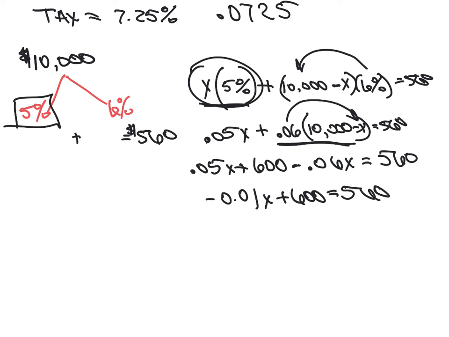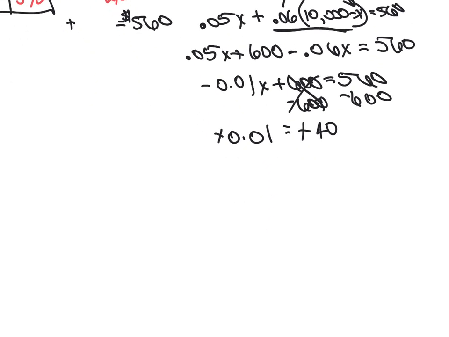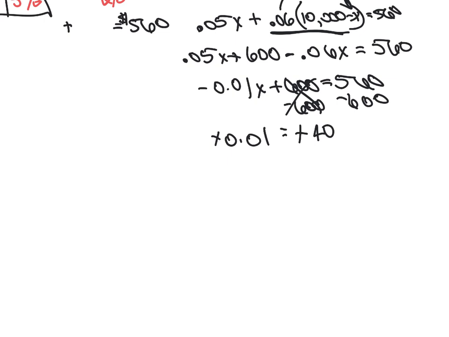Now I'm doing it a little bit different than the book. So those go away. And I have negative 0.01x equals 560 minus 600. And because both sides are negatives, I can just make them positives. And then at this point, oops, there's an X here. Sorry about that. I'm going to divide by 0.01. 0.01, those go away. And then I have 40 divided by 0.01. And that gives me